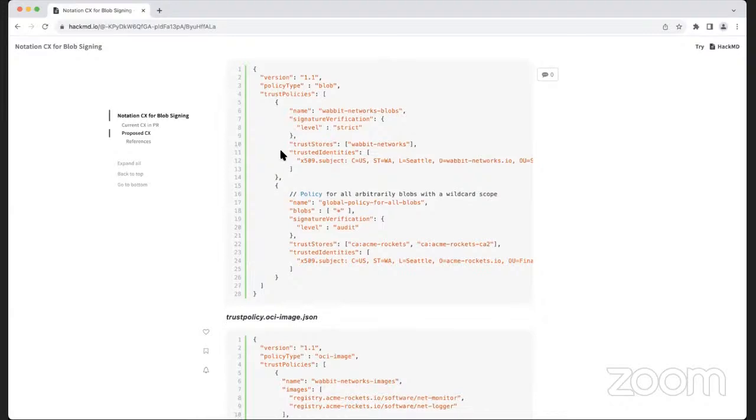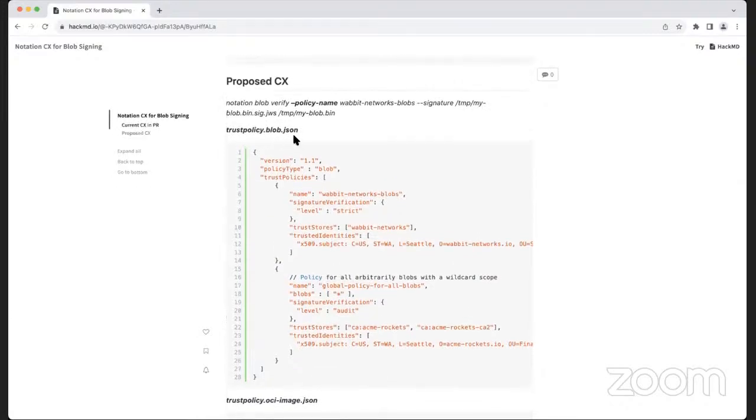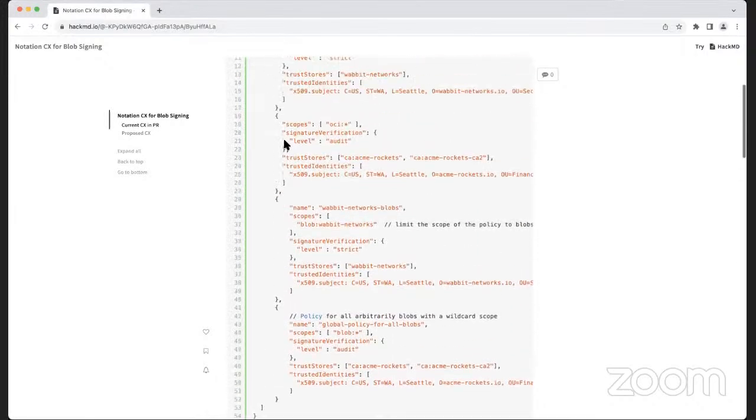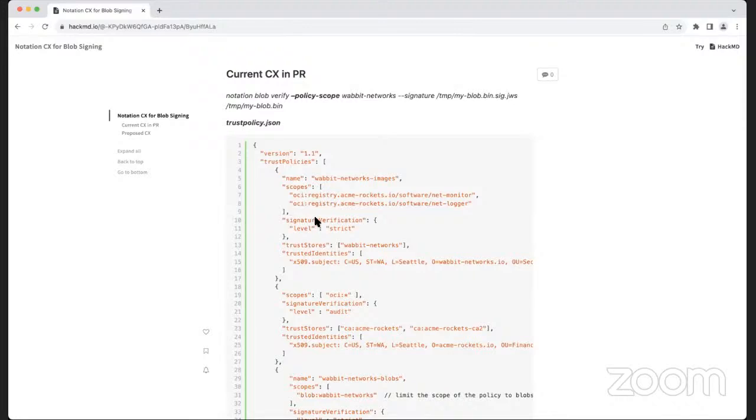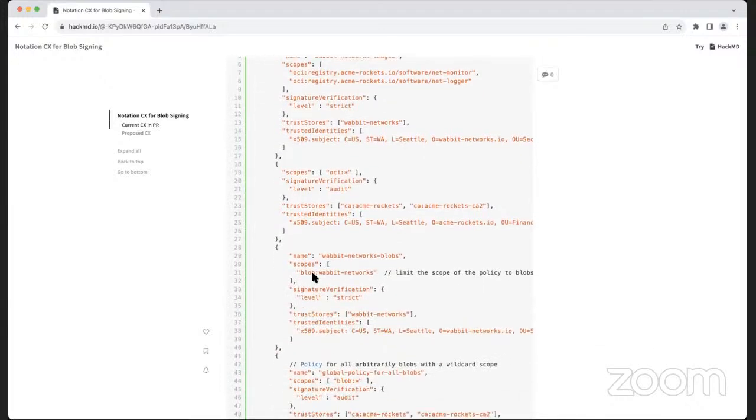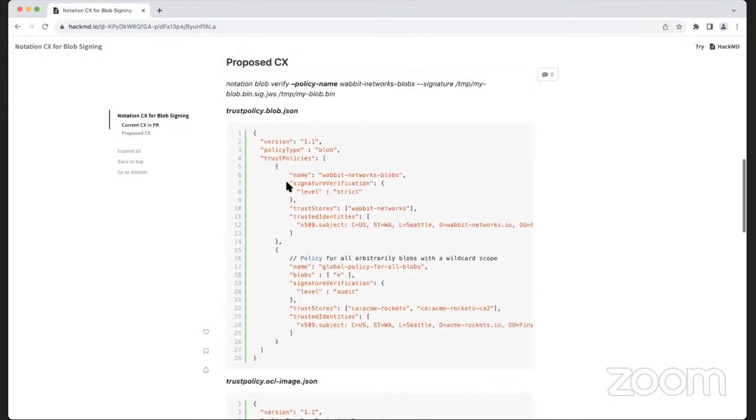Also, another part to look at here is, I think we agreed we don't want to mix, for example, in the scopes collection, we said we don't want to mix these. So it'll always be a group of OCI prefixes or some blob prefixes. So we agreed on separating them out. And the other thing we are saying is we may want to specialize the policy language based on the artifact type.